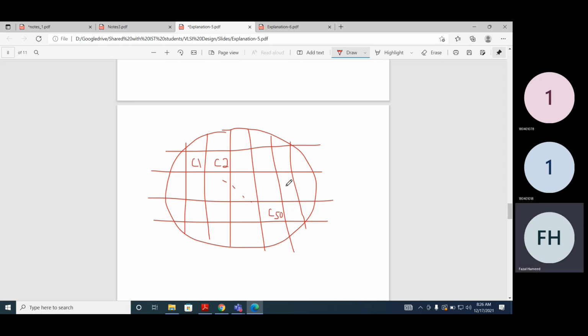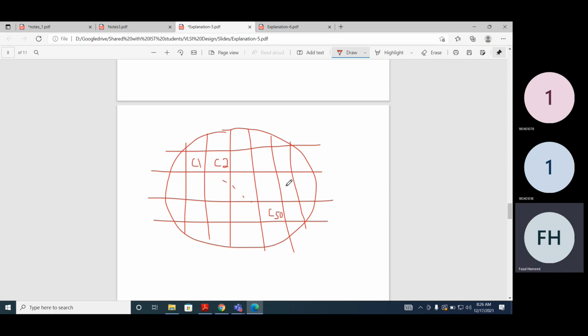Chip 1 and chip 2 are placed adjacent to each other. First we have a crystal, we divide this crystal into different wafers, and the wafer itself is divided into different chips. Each chip consists of different blocks, and within each block there will be a lot of transistors.